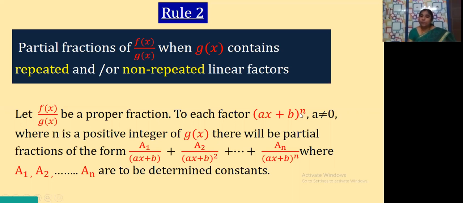So like that up to n. Here in general we are taking it as n, so the last partial fraction is an by (ax plus b) whole to the power of n, where a1, a2, an and so on are the constants to be determined. Here you may get a doubt, children. In the last session also I told this point: the constants can be taken as a, b, c, d and so on also. But here I am taking a1, a2, so on, because we have only 26 alphabets. If the power n is more than 26, then we cannot write the constants. To avoid that problem, we write the constants as a1, a2, so on, an. Is it clear?